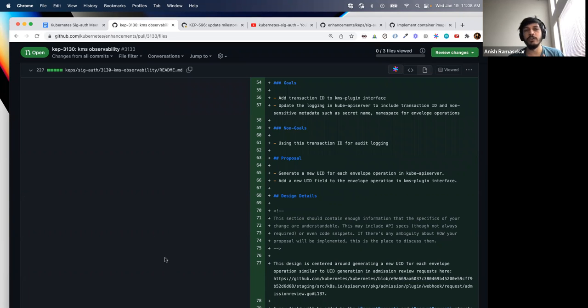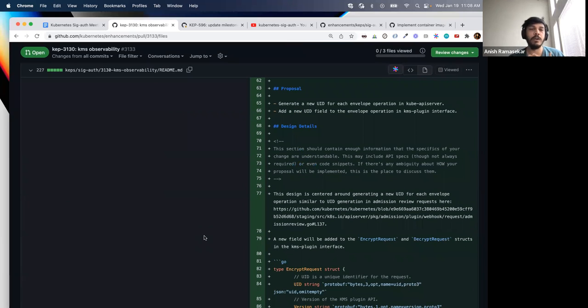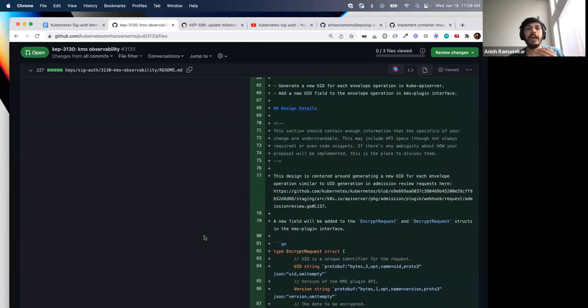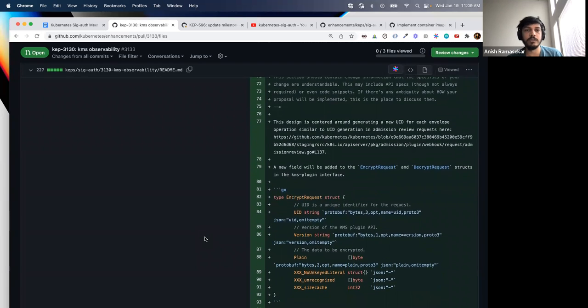And then we are also planning to implement a wrapper in the API server so that any logs generated for these KMS envelope encryption calls have the UID, and maybe additional metadata around the name, namespace, and the group version resource.